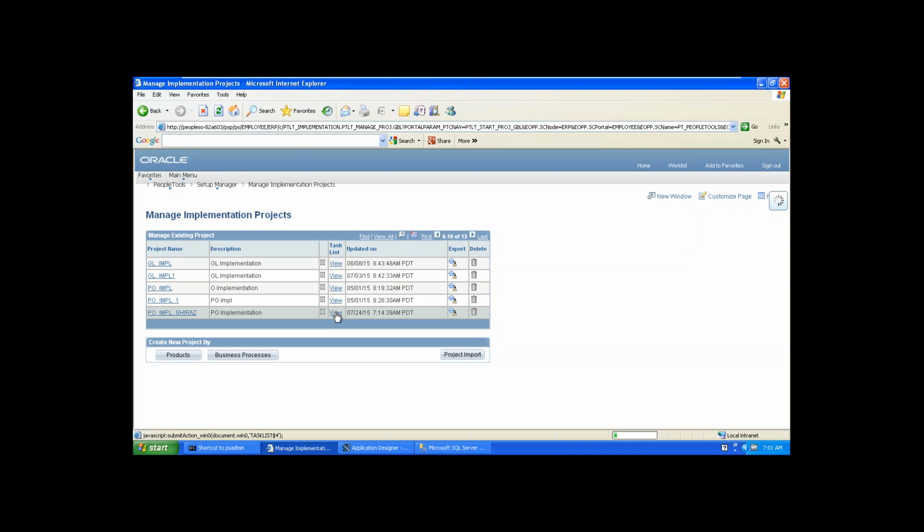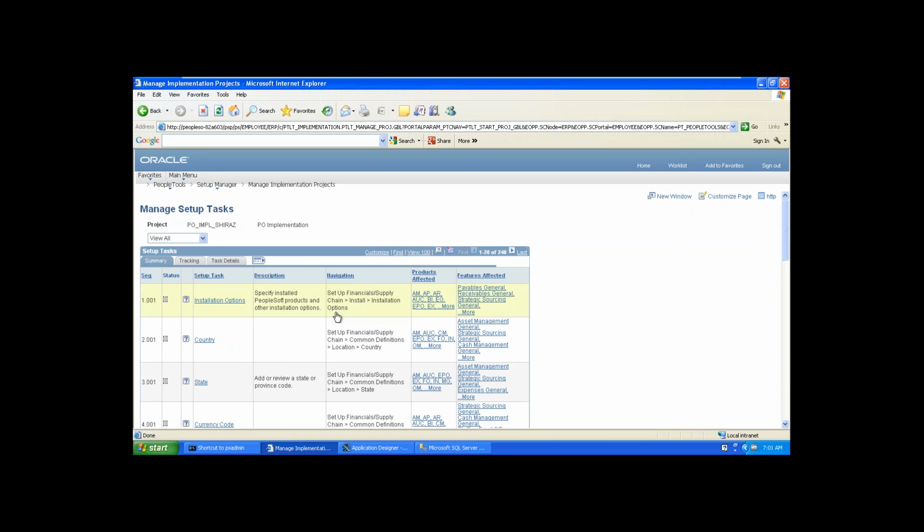If we have to implement the whole system, for example, here we are talking about different modules, right? Purchasing, billing. If we need to install the whole financial module, then it's going to be the same way? Yeah, here we are going one by one. We are generating the task list for purchasing, or for GL. Suppose you want to implement all the modules together at a time, then what do you need to do?